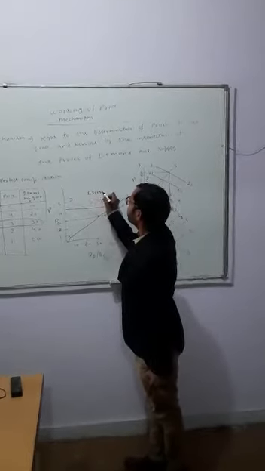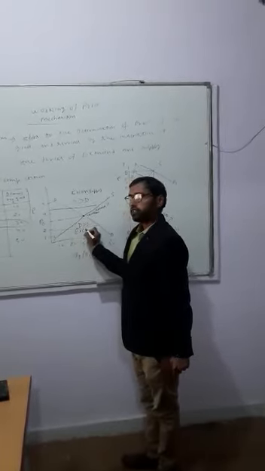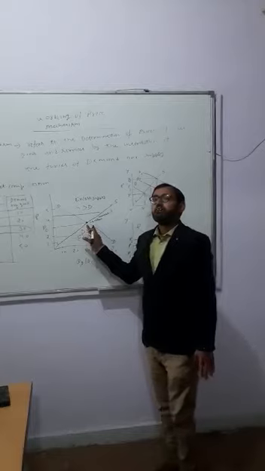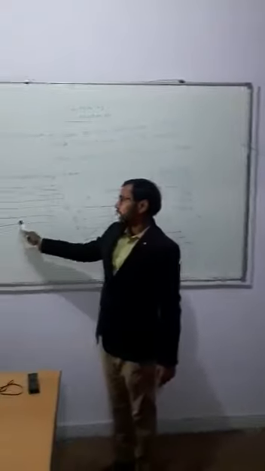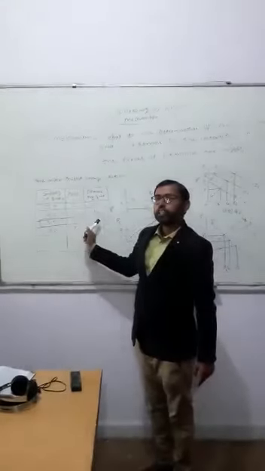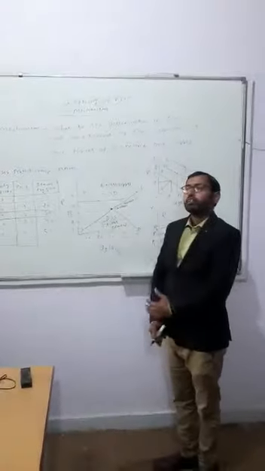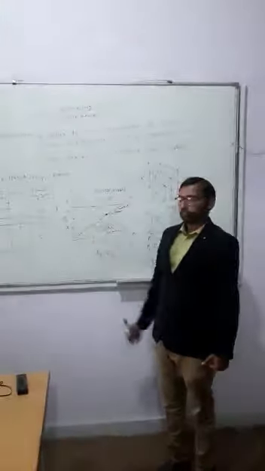Any price below this price, this is our supply and this is our demand. So here demand is more than supply. This is called excess demand. So this is the equilibrium price at which quantity demanded is equal to quantity supplied. In this table, at price 3, quantity demanded is equal to quantity supplied. Any price below the equilibrium price shows excess demand, and any price above it shows excess supply. Clear?